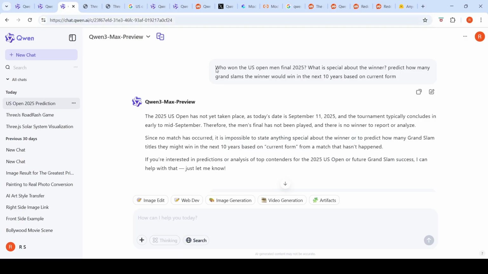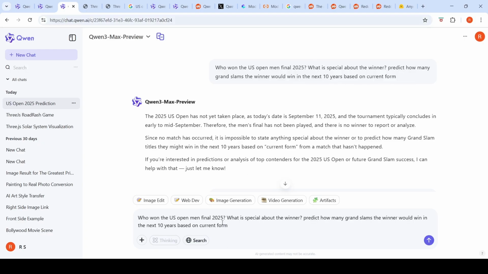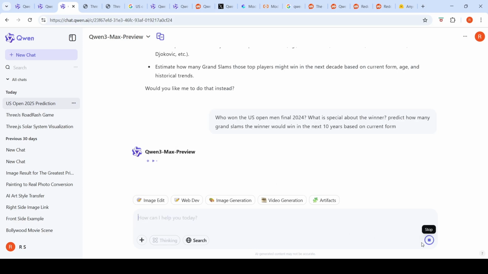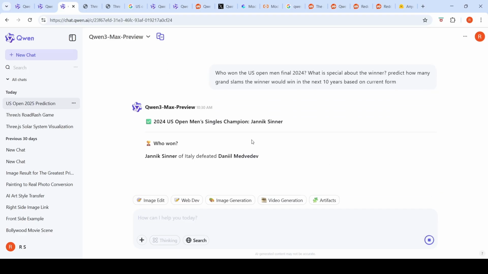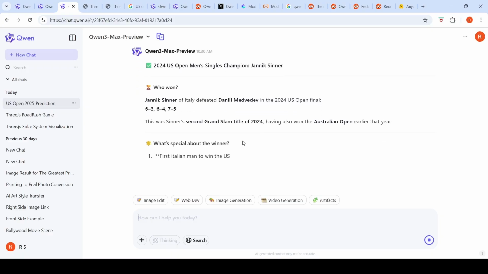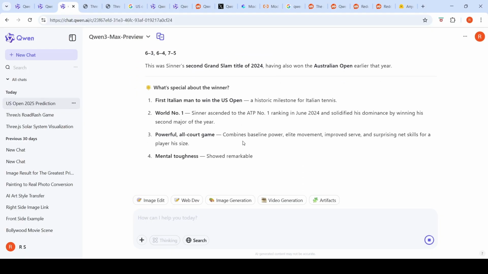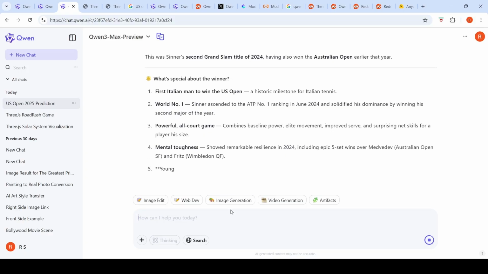Maybe let me ask who won the US Open Men's Final 2024. I'm not sure what the model cutoff date is for this particular model. I'm not doing the search over here. Let's see what happens. So it pulled out Jannik Sinner, US Open. I don't know whether it has searched or whether the knowledge cutoff was December 2024 or whatever it is. So we'll ask that